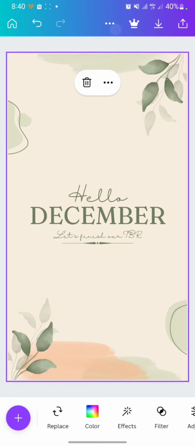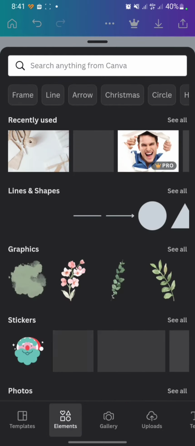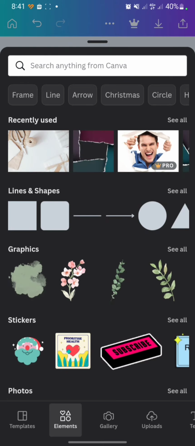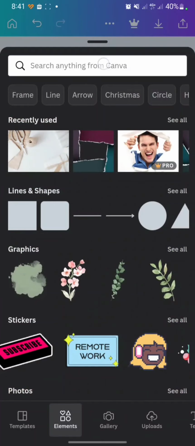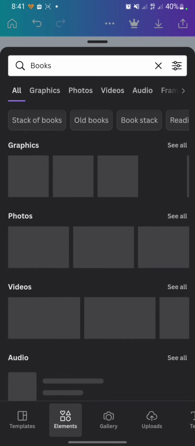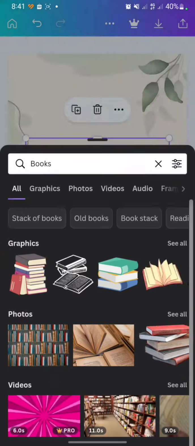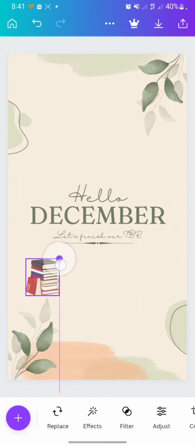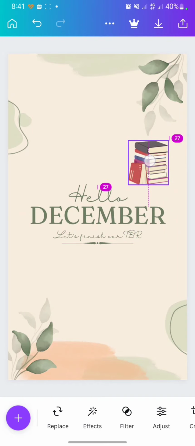Click on the plus button. I will click on the elements. I will not add the pictures, but I will add an elements like maybe a sticker or the elements of books like this. And I will choose this one, and after that resize it by clicking on the corner, and then you can place it to